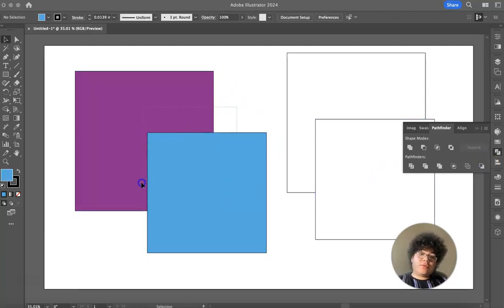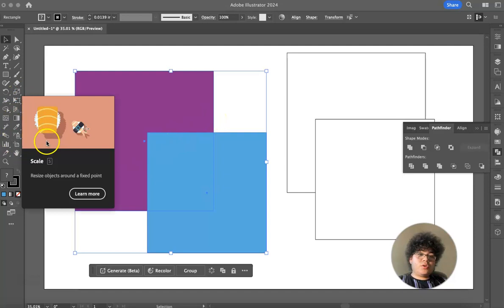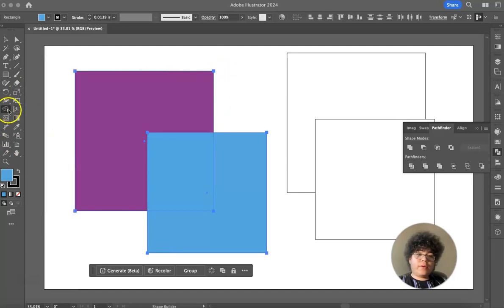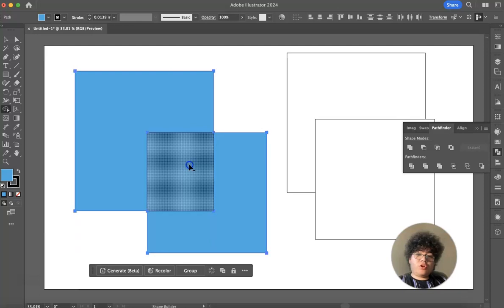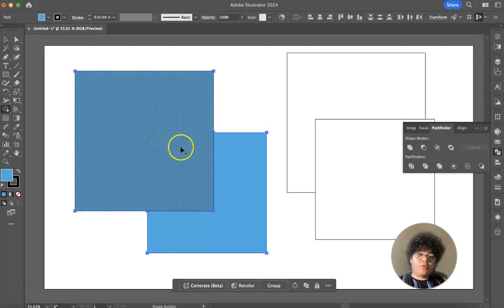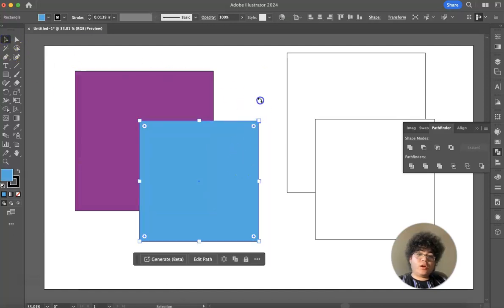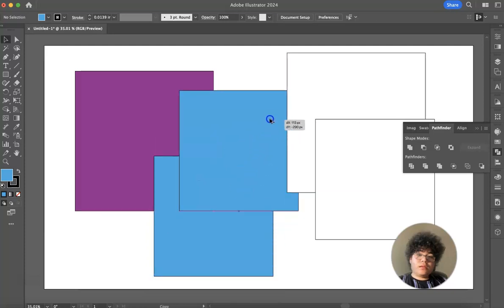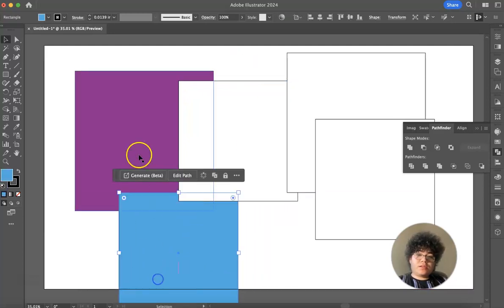Okay, and here's another thing that should be used way more often. We have the Shape Builder tool, which you can access by pressing Shift M or by locating it on the side here. With this, you can either separate shapes out or you can remove sections. If you want to create a new shape, I think this could be better shown by adding some more shapes. Let's say these